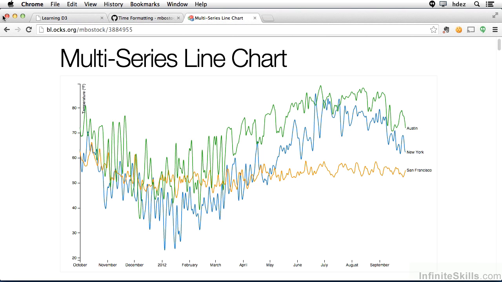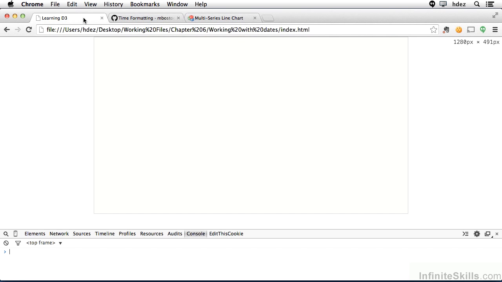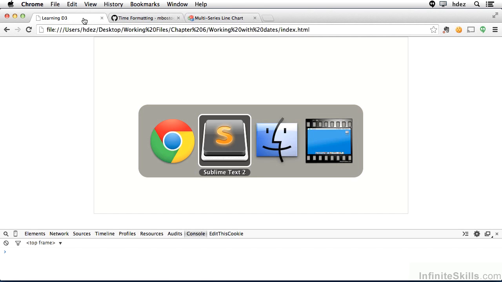We won't be looking at plotting multiple lines just yet, but we'll be looking at using dates within D3 and using the time formatting functions in order to parse date strings and turn them into JavaScript date objects. So let's take a look at our web page, and it's got nothing right now. We'll go ahead and open the developer console, Command-Option-I or Shift-Control-I, and we'll head to our code,